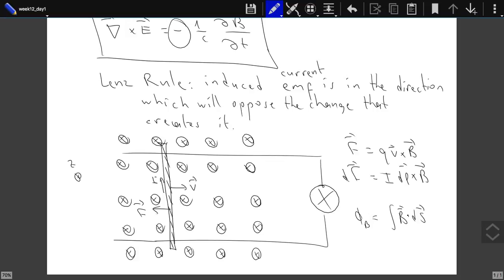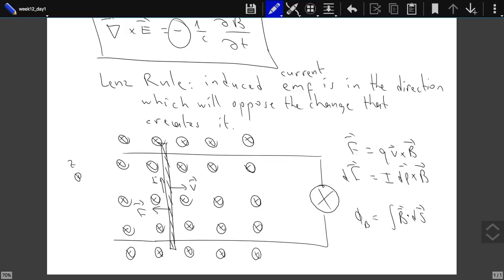So if I is in the clockwise sense, what is the direction of the B field that it creates? You see, now we have two kinds of B fields. One, the external B field, and once the current is running through our loop, there's the B field created by I. So the I should be such that the B field it creates in my area should be into the screen, so as to increase the B field. So that's also another way how we can determine that I should be in the clockwise sense. Because otherwise, if I was in the counterclockwise sense, the B field it creates would be in the opposite direction, and it would further reduce the flux passing through my loop,